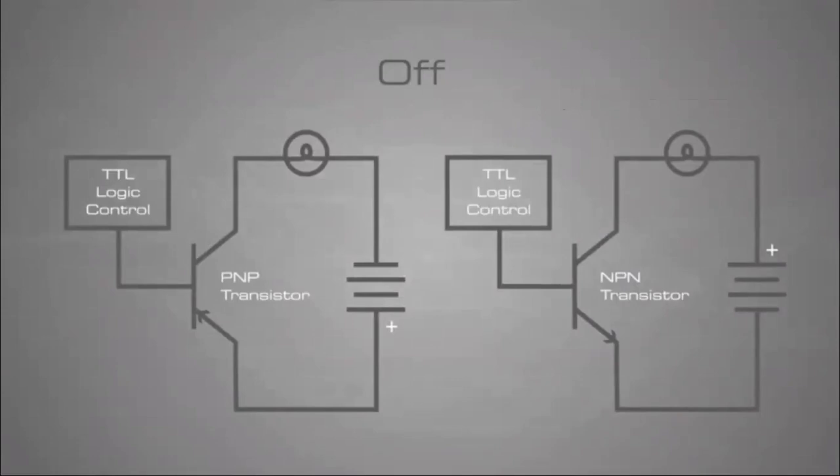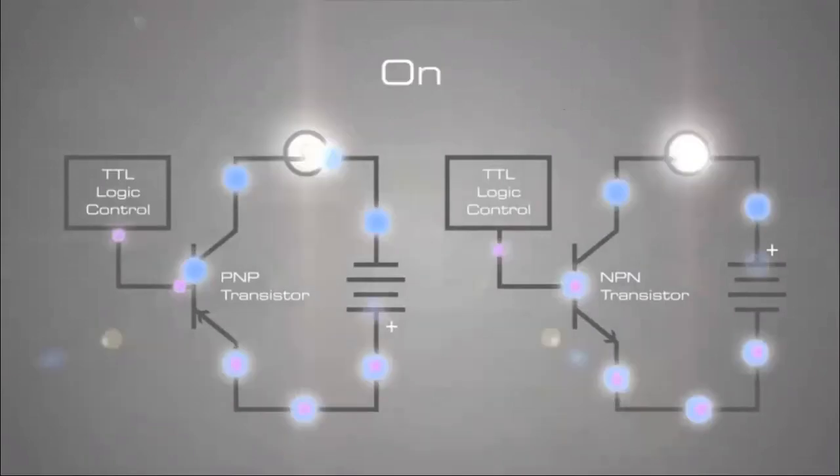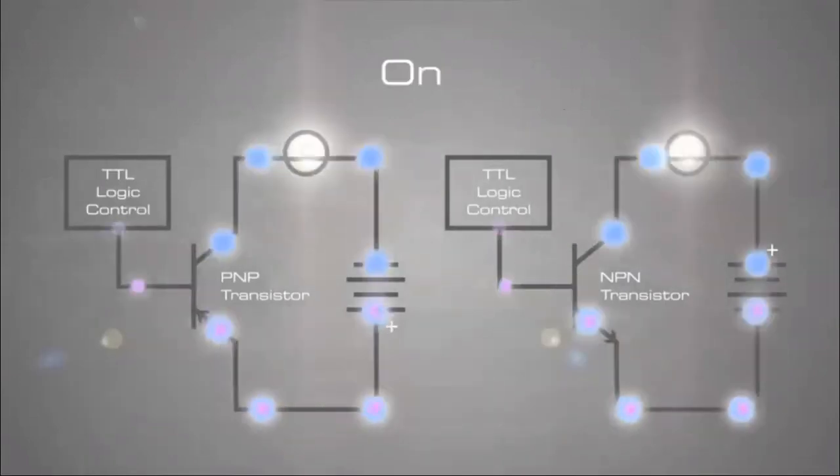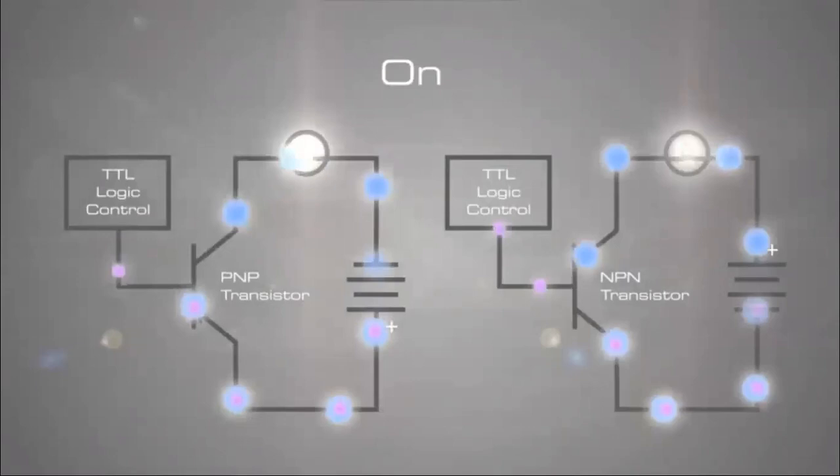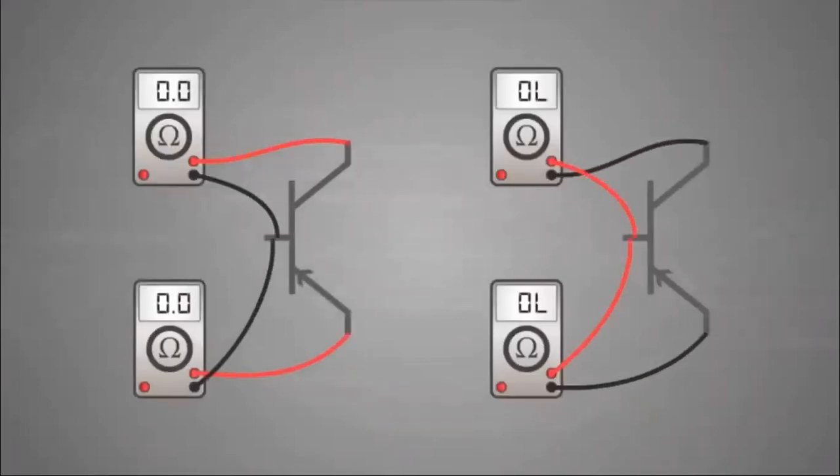When a transistor has zero current through it, it is said to be in a state of cutoff. The transistor is fully non-conducting or off. When a transistor has maximum current through it, it is said to be in a state of saturation. The transistor is fully conducting or on. Tested with a multimeter in the resistance or diode check modes, a transistor behaves like two back-to-back PN junctions, or better known as a simple diode.